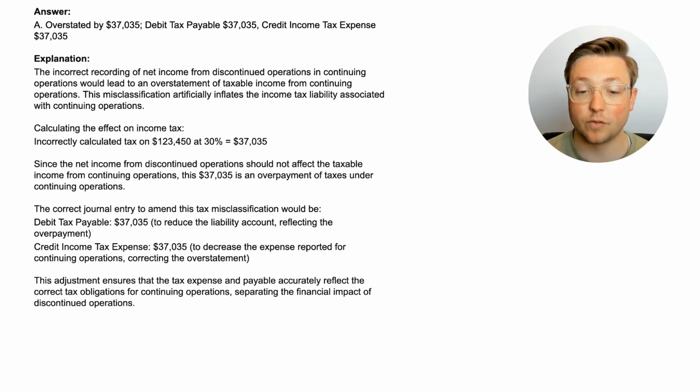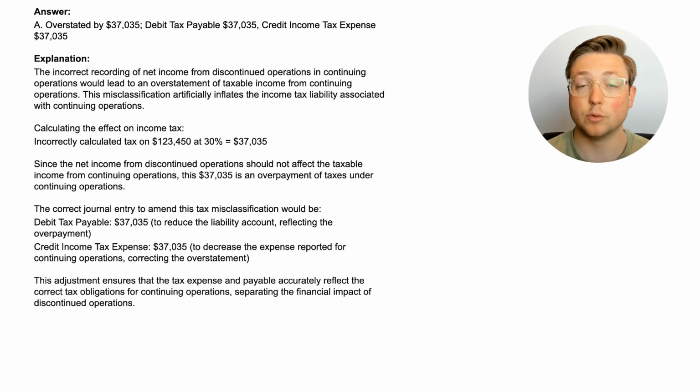Since the net income from discontinued operations should not affect the taxable income from continuing operations, this amount that we just talked about, that $37,035, is an overpayment of taxes under the continuing operations. So to correct that, we have to debit the tax payable to reduce the taxes payable,